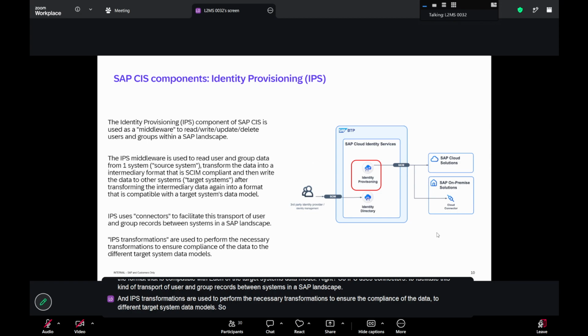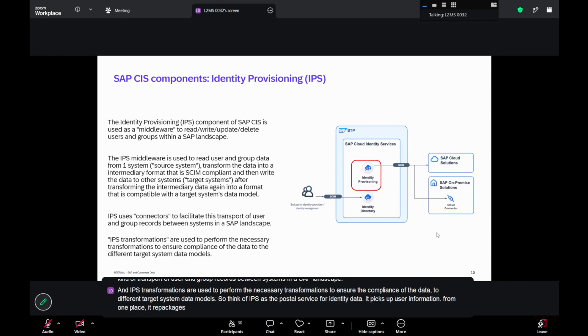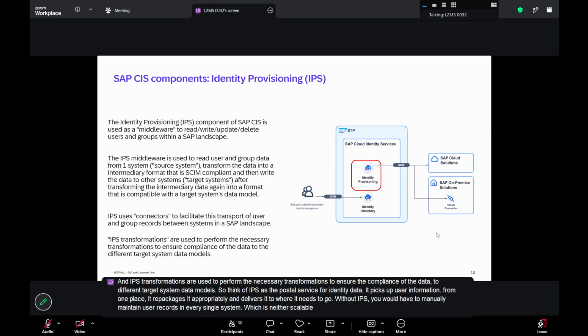So think of IPS as the postal service for identity data. It picks up user information from one place, repackages it appropriately, and delivers it to where it needs to go. Without IPS, you would have to manually maintain user records in every single system, which is neither scalable nor practical. And for Joule, IPS is critical because